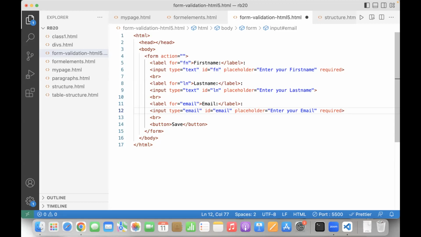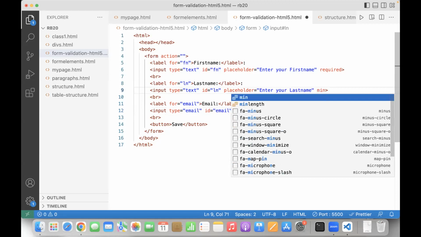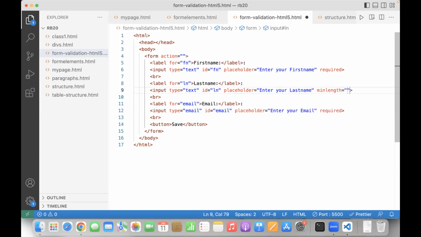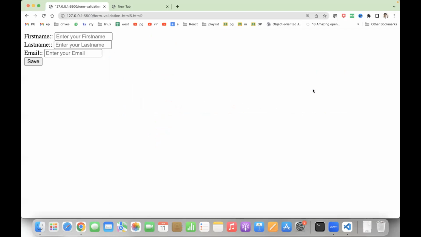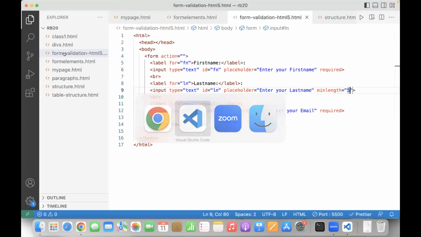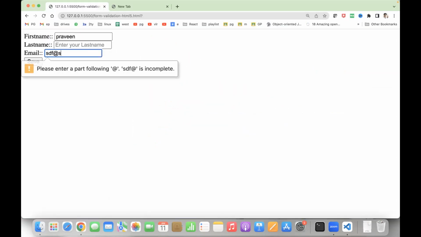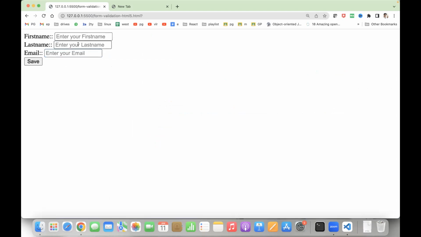HTML5 validations. Yes. Sometimes you may need to apply some validator like this. That is minlength equal to 5. So if I click on the save button, of course, the first validation error will be thrown up. Yes, I am entering the value. And then, oh, email is also required. Okay. So now, because I have not entered anything, the validation will not be considered on